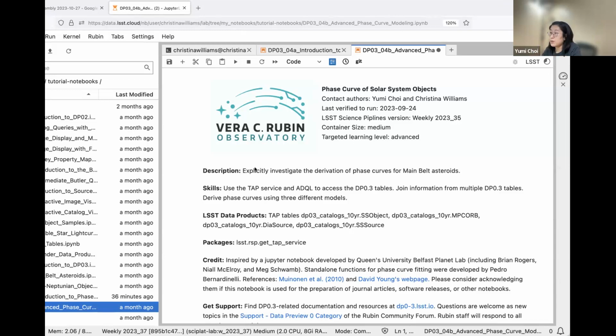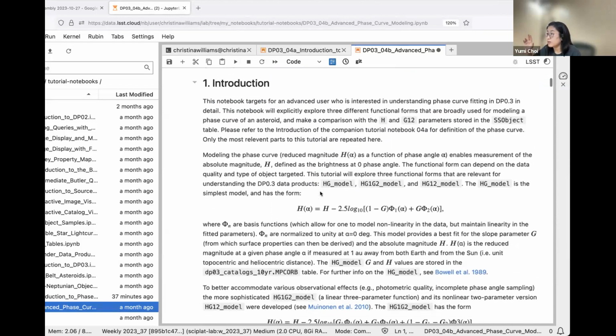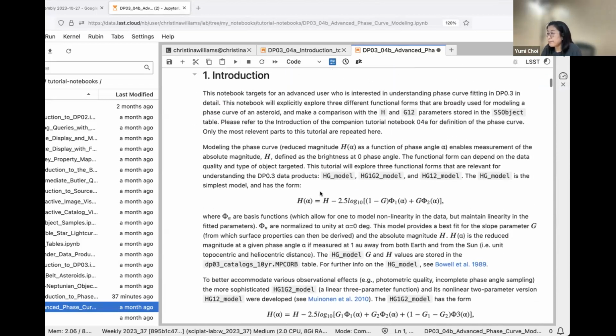In this notebook, we're going to explicitly investigate the derivation of phase curves, particularly for the main belt asteroids, for which we have good phase curve fittings in general. Many of the basic concepts were introduced by Christina, but can you scroll down to all the different models? Yeah.